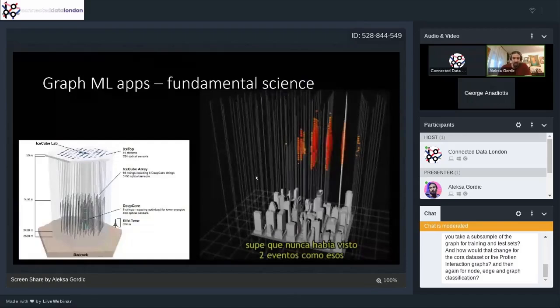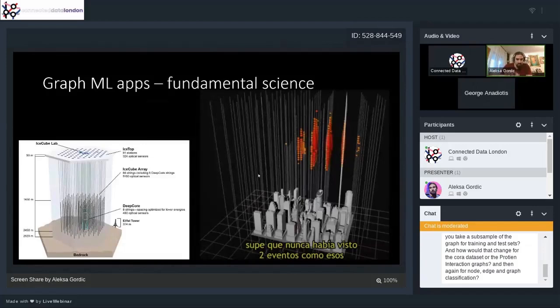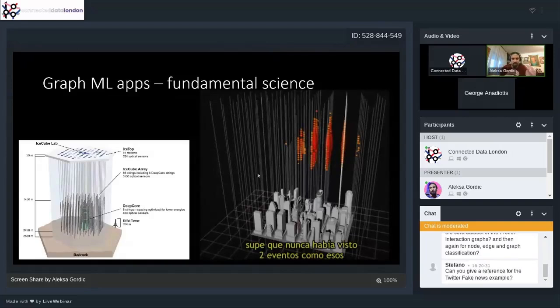Going into science, and this one you probably haven't heard of unless you've been following me on LinkedIn or somewhere. This is IceCube, a huge laboratory in Antarctica. You can see the Eiffel Tower in the bottom left, and the city on the right picture, which just shows how huge this thing is. They have a grid-like structure of light sensors, trying to capture neutrinos, high-energy particles coming from high-energy events like supernova explosions. A neutrino comes in and interacts with the molecules of the ice, because this thing is dug into the ice.